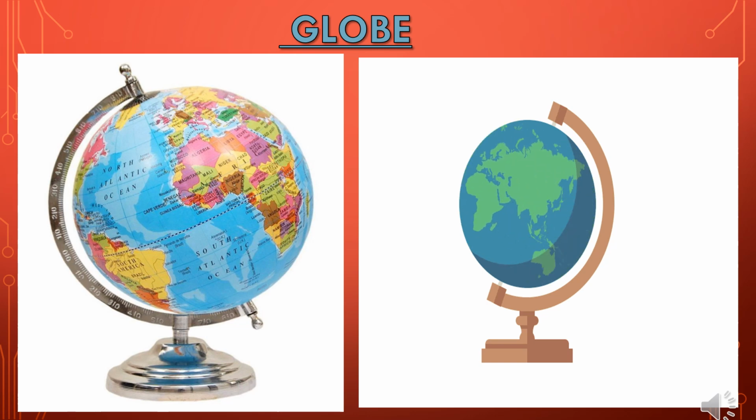As we all know, Earth is a planet and we live on it. It is very big. We can't see the entire Earth at a time. Therefore, a model of Earth was made to study it. This model of Earth is called a globe. This is the picture of a globe. A globe is a perfect model of Earth. What does it show? It shows only one part of Earth at a time. And to see the entire Earth, we will have to spin it.